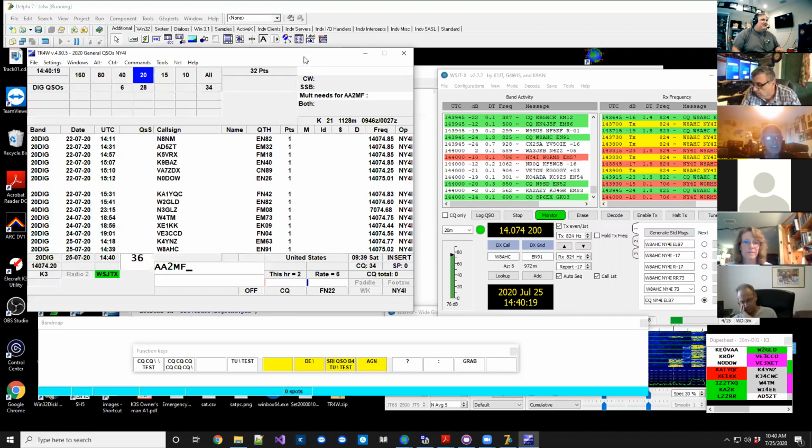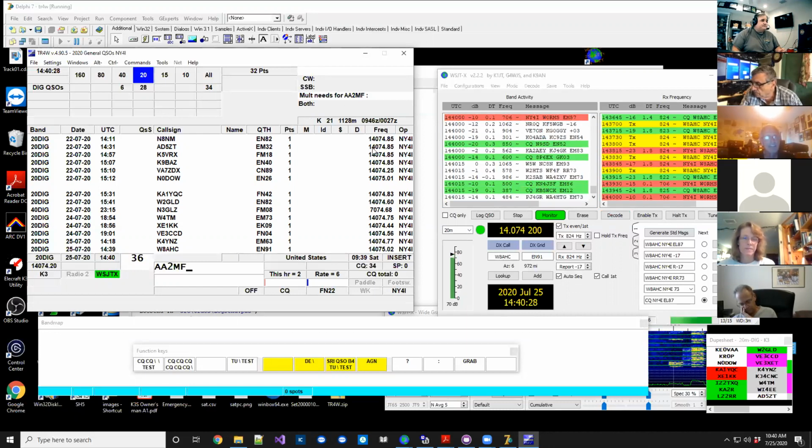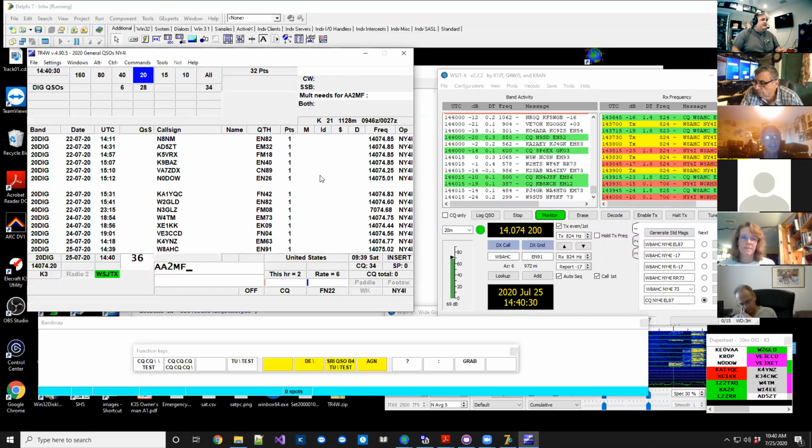And N1MM, they have the same thing where somebody says, oh no, that's just my logger. It's like, oh, okay. You're kind of missing out on some stuff there, but I guess it works. Anyway, so it doesn't show up. But I do want to make sure that when I do a contest, we show up, you see where